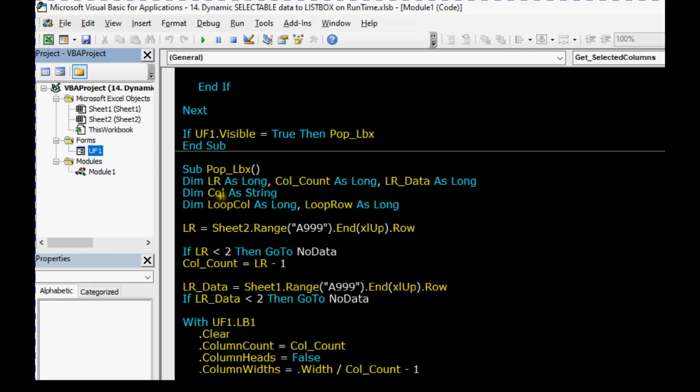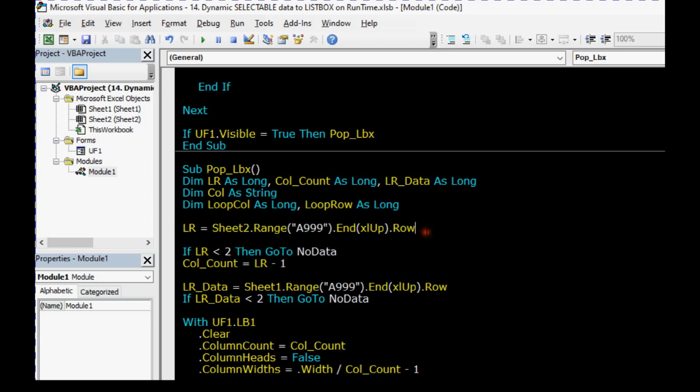So we declare some variables: LR as Long, the last row; column count as Long; LR data as Long, the last row of the data; and column letter as String; then loop columns, how many loop columns we have and how many rows we have. Okay. So LR is the same thing.